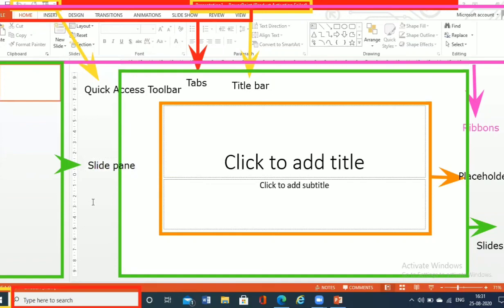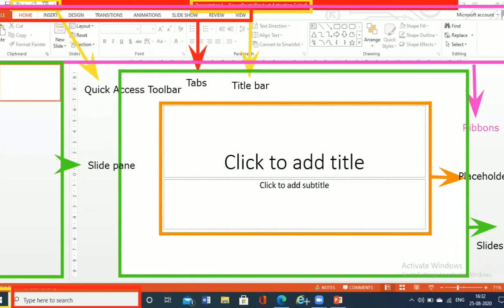Then we have the notes pane. The notes pane is the one which helps you to type notes about the slide you are working on. For example, if you want to add any note related to your slide, you can go ahead and use the notes pane to add the notes.